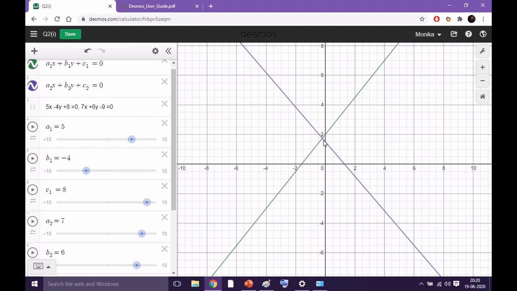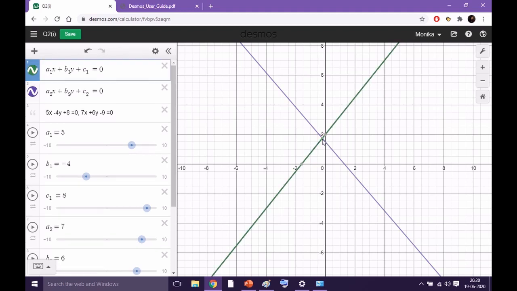When the lines are intersecting, it doesn't mean that they intersect at more than one point. They will always intersect at one point only. The point where they intersect will be the solution, and the solution is unique because it is intersecting at one point. And the third thing is, when you are getting any solution, you will say that the system of equations is consistent. Now we have taken this result on the basis of the ratio A1 by A2 not being equal to B1 by B2.